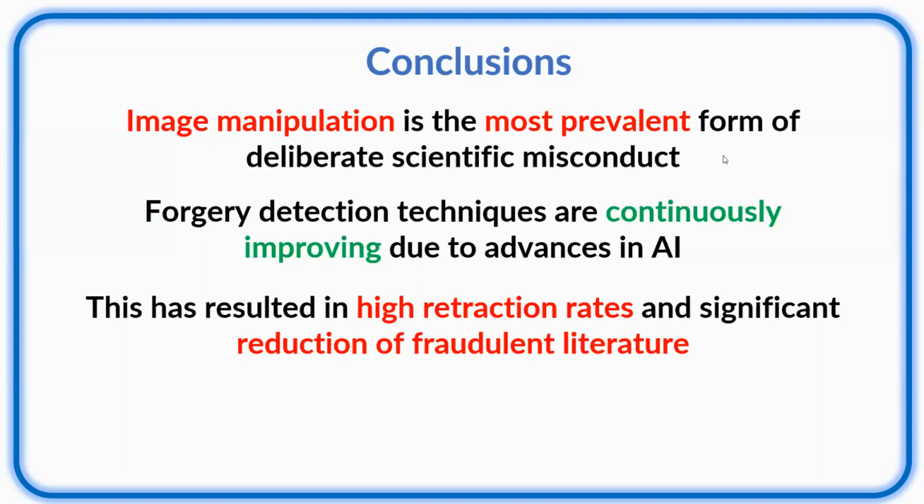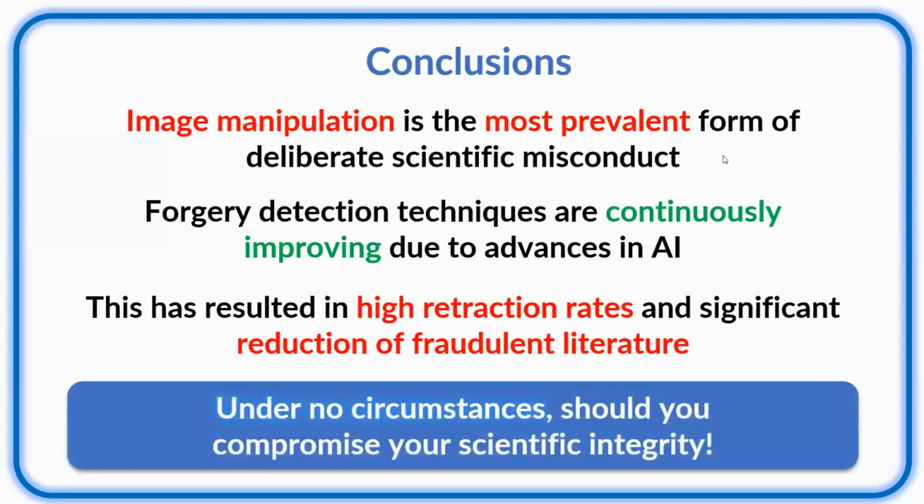So researchers can no longer rely on simple Photoshop techniques just to make up an image and produce false results, because a lot of the publishing houses like Nature, Elsevier, Springer are actually using these scientific systems to detect this type of fraud. So that's that. But the major key conclusion that I would like people to take away from here is that under no circumstance should you compromise your scientific integrity, because that goes against the fundamental nature of science itself, which is to experiment and research for the truth itself.